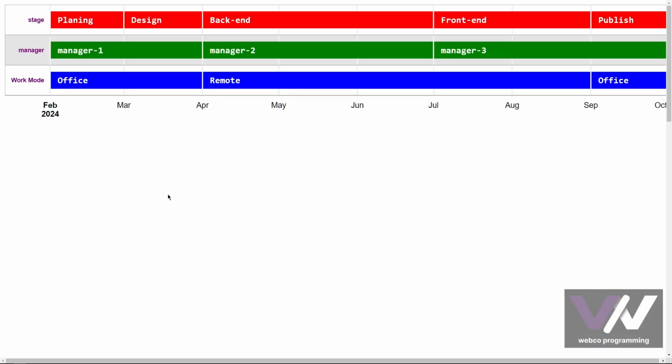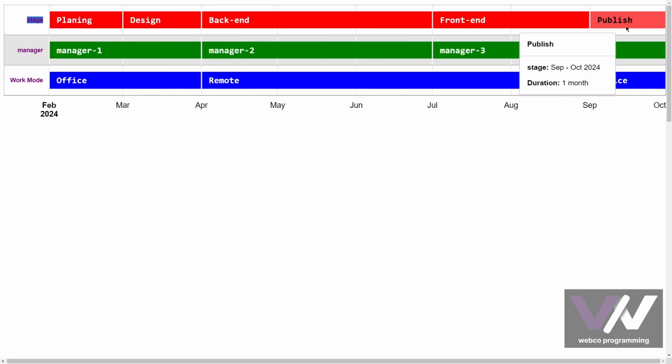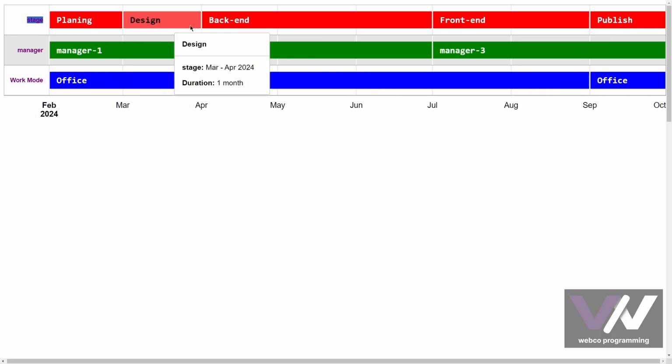Hello everyone, welcome back. In this video, we're going to talk about timelines and how we can have this type of timeline, in which we can show our items based on the date for our viewers. As you can see here, we got some rows, for example, showing this stage. This is how we got each stage in a separate bar,